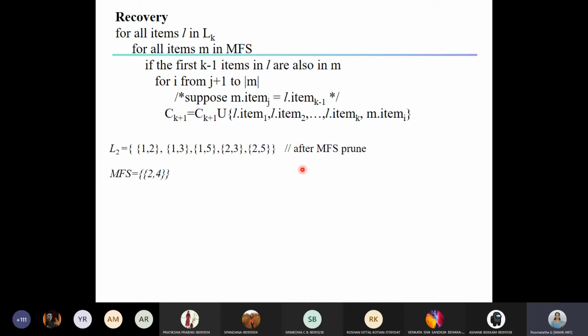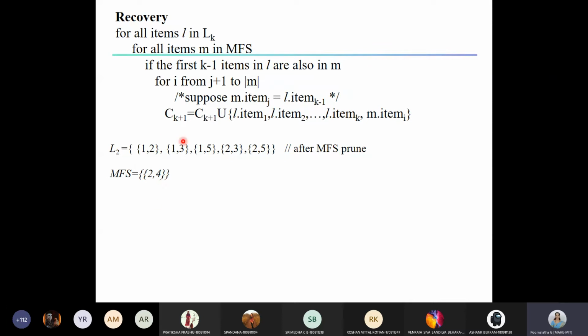Any item set that is there in this L2 or any Lk, if it is a subset of MFS, we remove or delete that from L2. So we are assuming that we have MFS with this item {2, 4}, and this {2, 4} was also a part of L2. Because this was the same here, we have removed that from L2 and this is L2 after MFS prune. Now because we have removed this, how do we get C3?